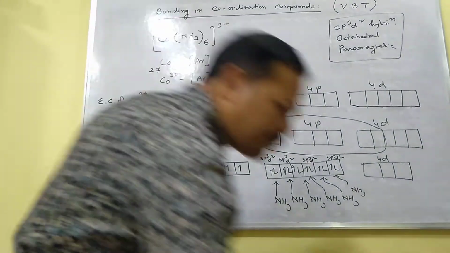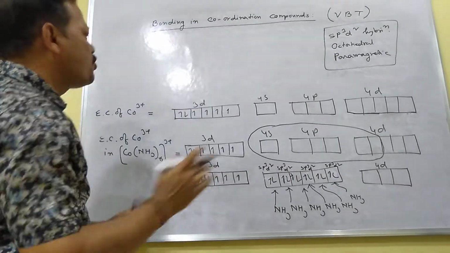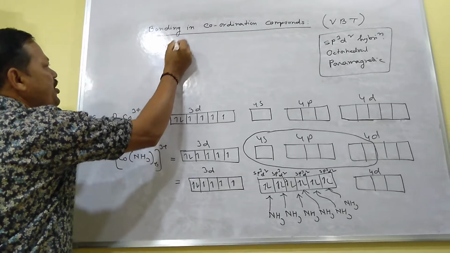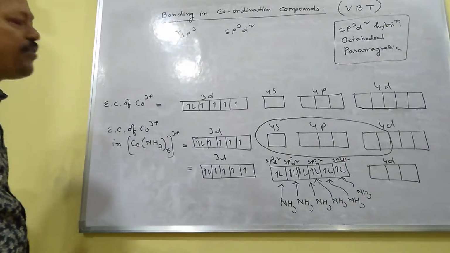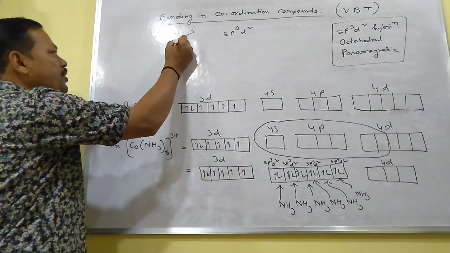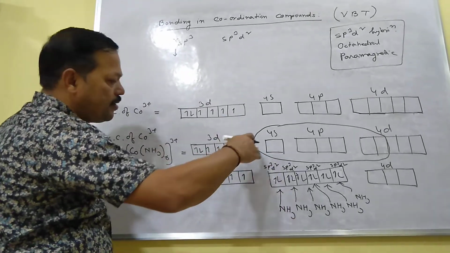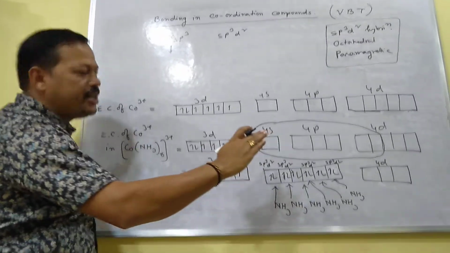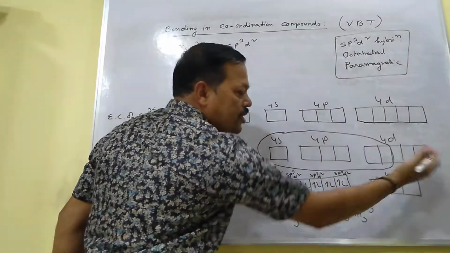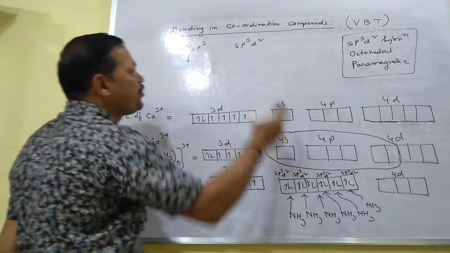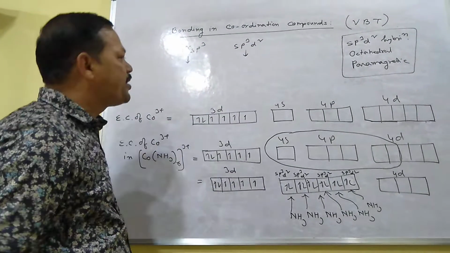So now this complex and the previous complex, as I have given, there are two types of hybridization. One is called d2sp3 hybridization and one is called sp3d2 hybridization. What is the difference between them? If the d orbital is involved from the inner side, I mean if you involve the d orbital from 3d, then it is called d2sp3. And if you consider the d from the outer side, I mean if you consider the 4d orbital, then it is called sp3d2 hybridization. And both hybridizations will produce octahedral shape.